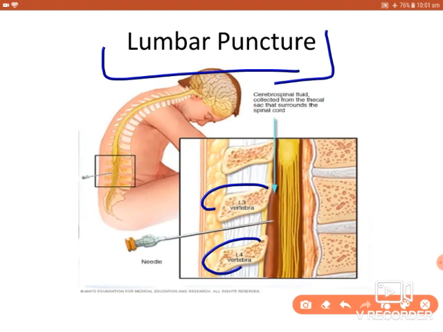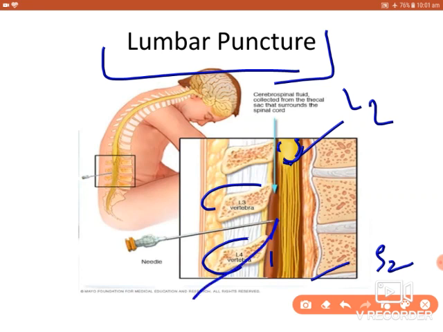You can see this is the spinal cord. The spinal cord usually terminates between L1 and L2. Here this is the L2. The spinal cord terminates, but there is a prolongation of the dura and pia mater till the level of S2. So the space here, this is called the subarachnoid space, is larger here, and this is called